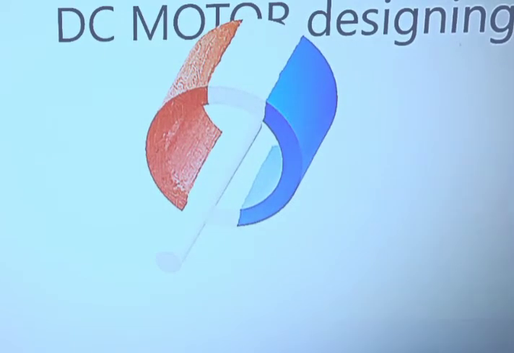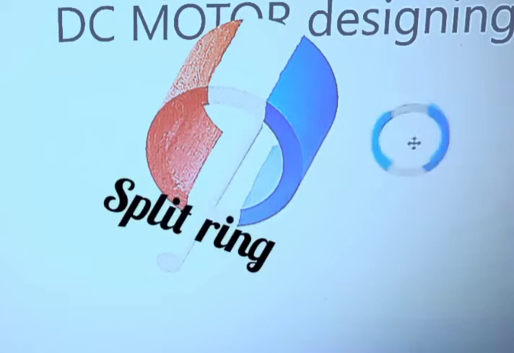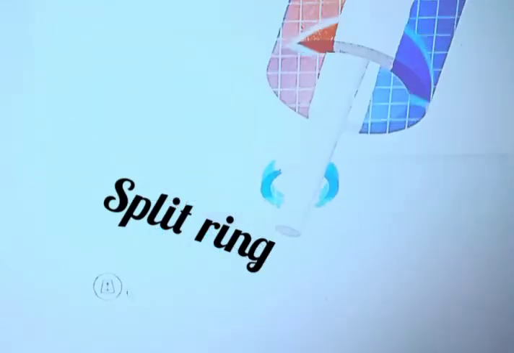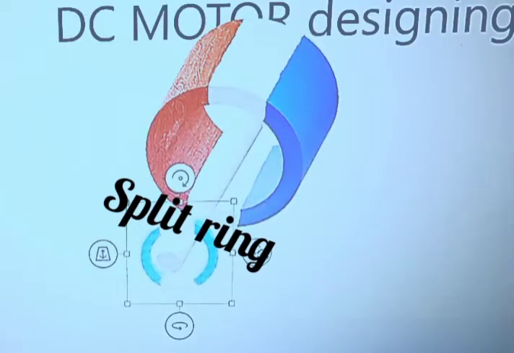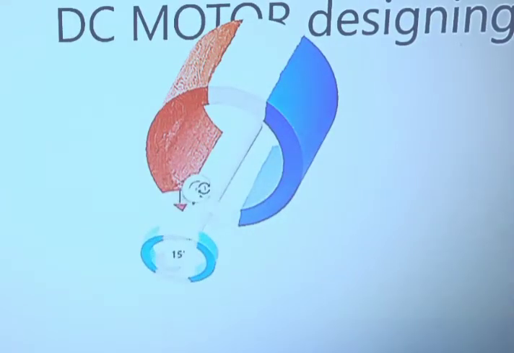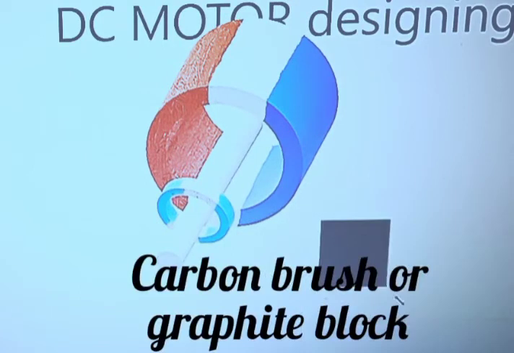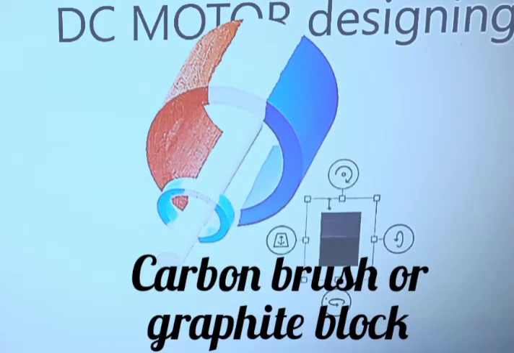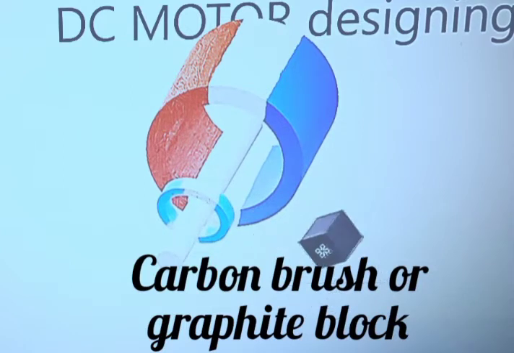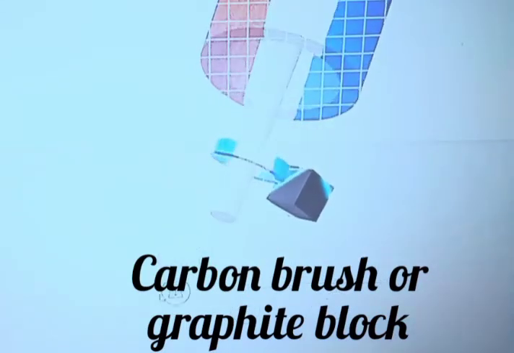Okay, so here, before drawing a coil inside the magnet, I am putting this split ring. I have drawn a single ring and made two parts of it. In actual practice, these two parts which I have marked with blue color are C-shaped and inverted C-shaped on either side. These are called split rings. Now, these split rings rotate with the coil,